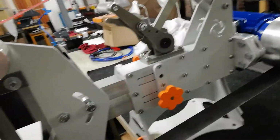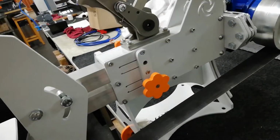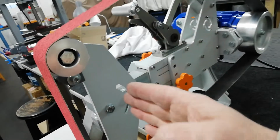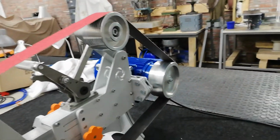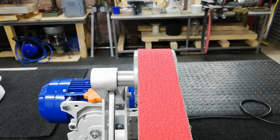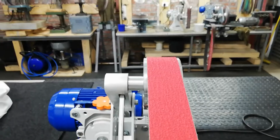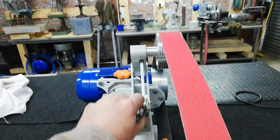Let me quickly run you over to this side. I've got the other knob for the guide here that you set there. The platen, you can tilt the platen as well, however you want. Jockey wheel here at the top. This, you'll notice, is completely flat. There's no tilting of these wheels. They are simply there for the ratchet here to